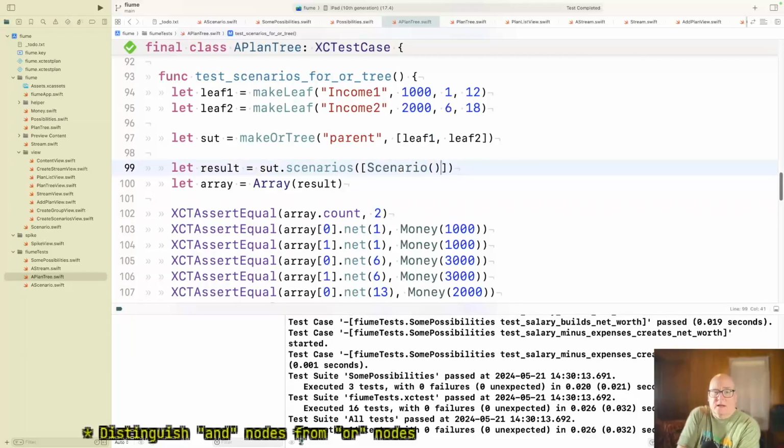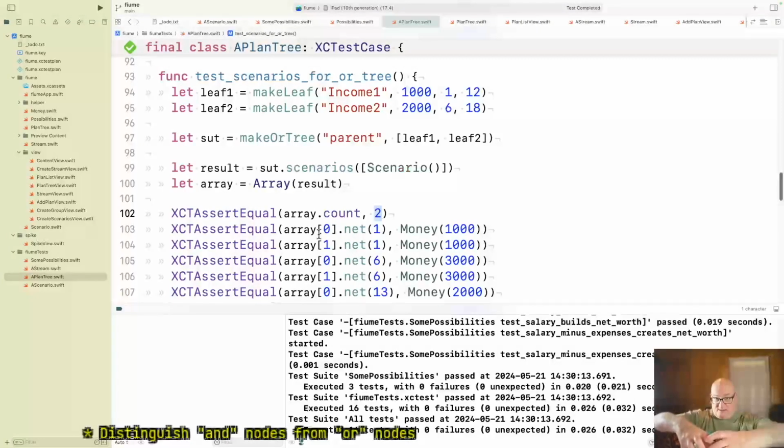Okay, so I have an empty scenario, and I say, what if you took job 1 or job 2? And then when I get back, it should have 2 things in it, because the scenario should turn into 2 possibilities because they're OR trees.